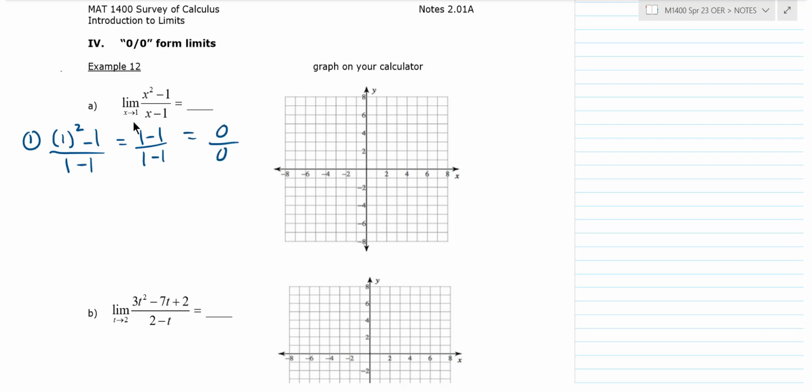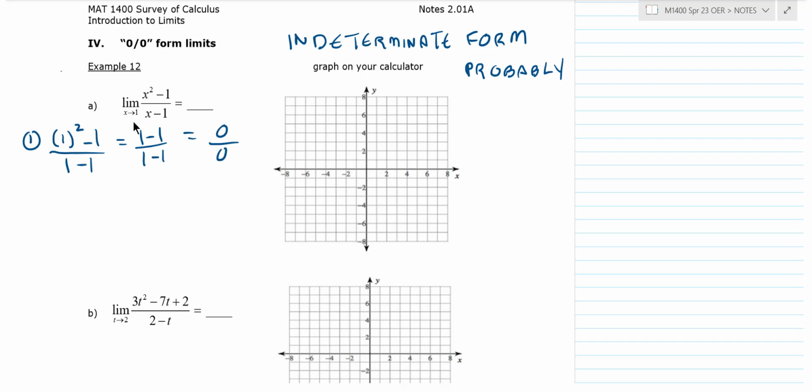And 0 over 0 is a form, and we call this an indeterminate form. What this means is it is undefined. You can't divide by 0. So certainly if you have 0 divided by 0, that's undefined. But it's kind of a special form that happens when you're looking at a rational function. What's going to happen is if you have 0 over 0,